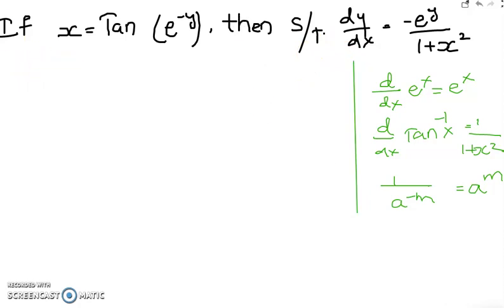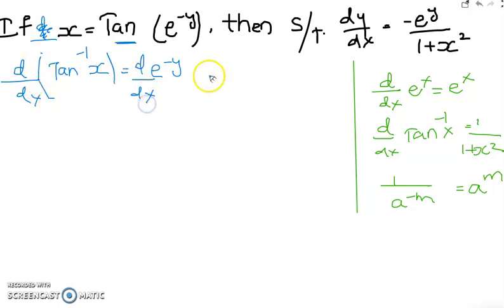x is equal to what? x is equal to tan of e power minus y. Just we are doing d by dx. Just see here, we want something for x, so we are bringing tan here. If we bring tan here, it will be tan inverse of x is equal to e power minus y. Just we are taking this tan to this place. Why? Because x is the single one. So now we are differentiating d by dx.